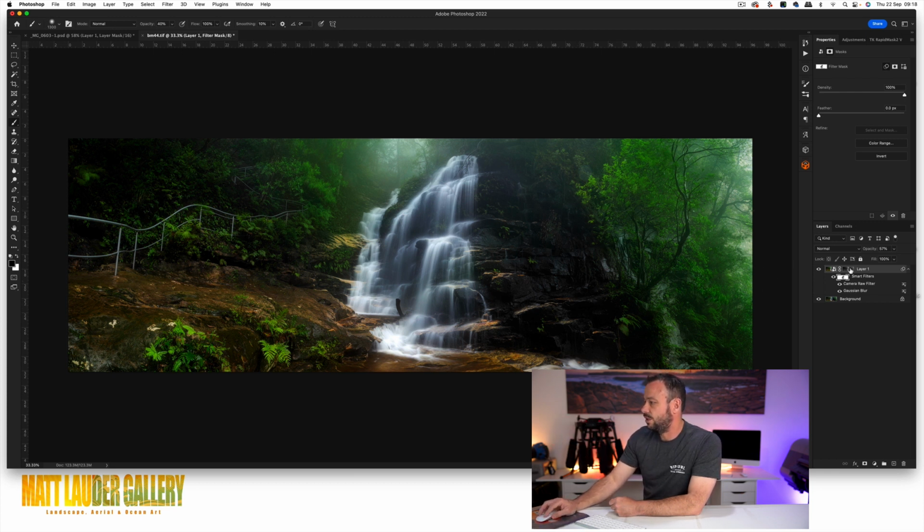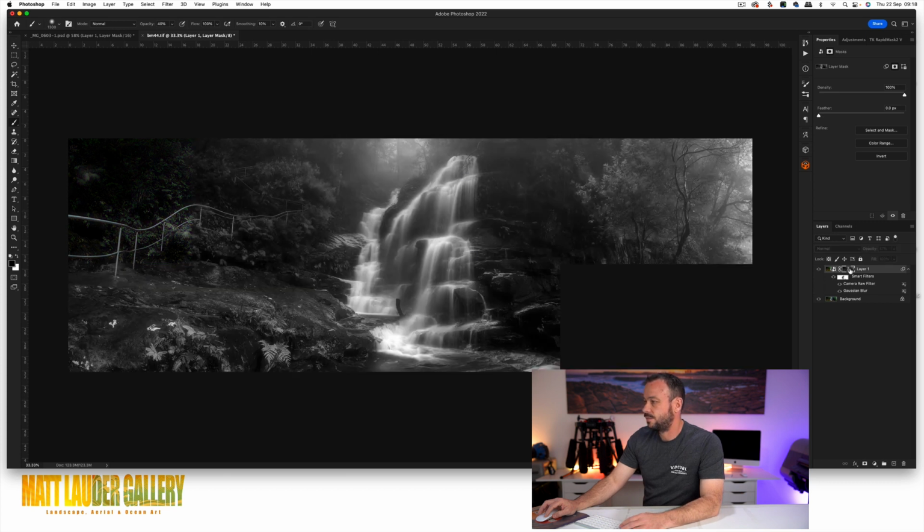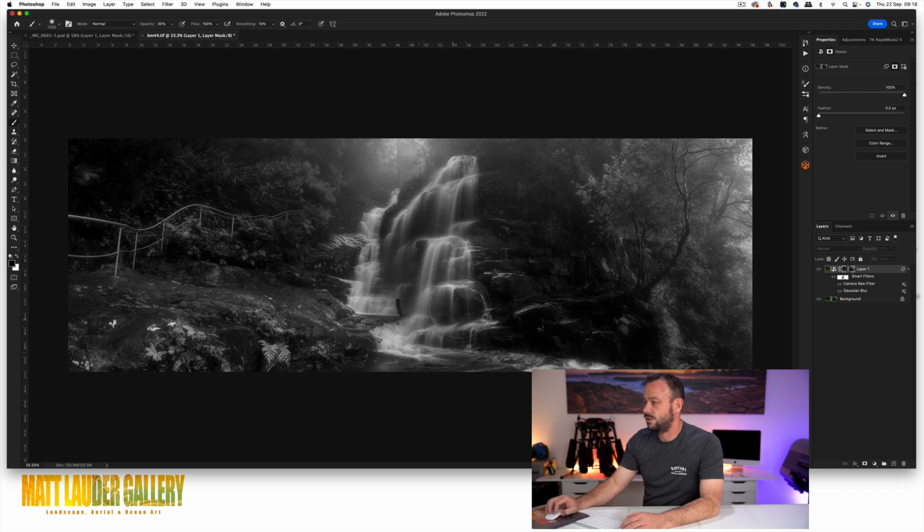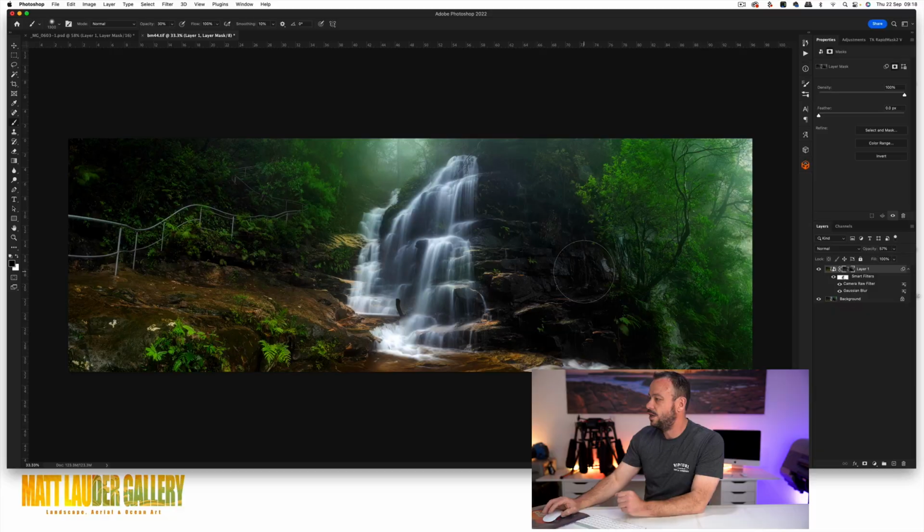So what we can do as well is we can just come in and click on our mask now. And we can just come in and paint through, just say 30%, and we can just reduce some of the brightness in there. So then we get more of our water detail back, just in case adding that extra contrast and brightness starts to make your white water look a little bit clipped, then it's going to hurt your image. So then you've just got the power of these masks here